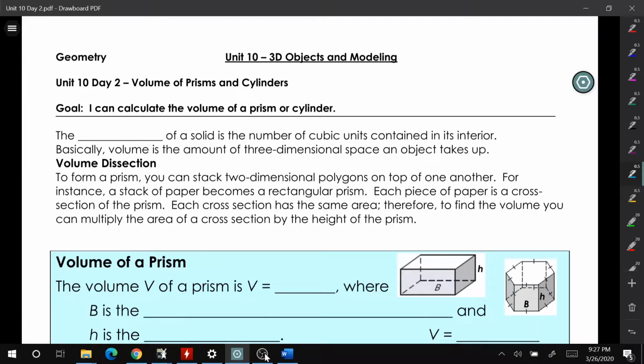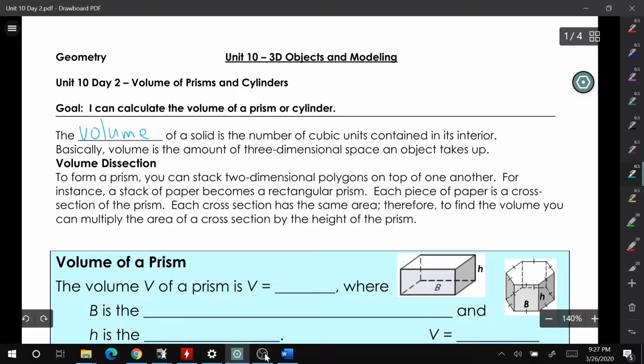Alright, today we're going to be talking about calculating volume of cylinders and prisms. So you've done this before, so a lot of this might be review. We're going to take what you know since middle school and take it up a notch. So the volume